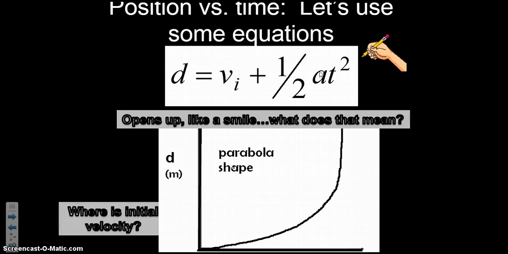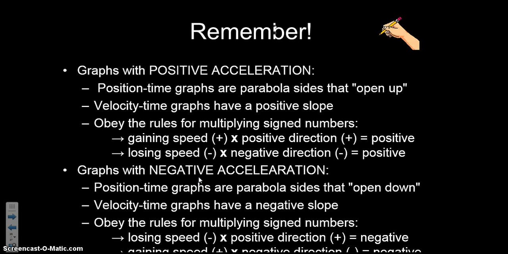Where is the initial velocity? Well, in order to figure out velocity here, we're looking at the slope of the line as we go up. So initially at the very start, the slope looks pretty flat. If the slope is flat, the velocity was 0, but see how it's getting steeper and steeper and steeper? That means it's getting faster and faster the whole time.